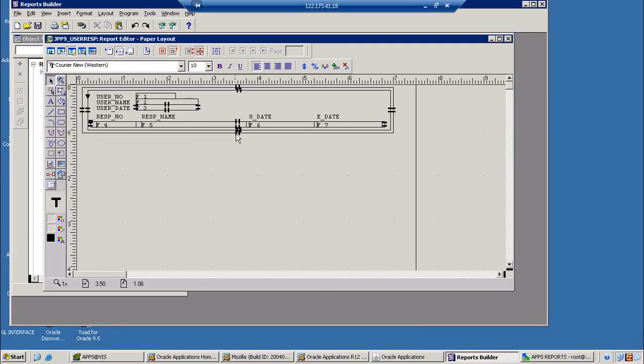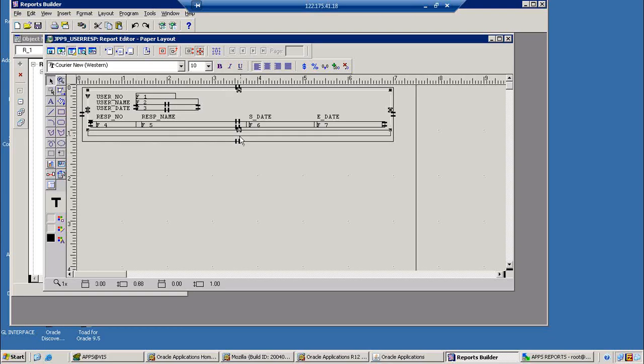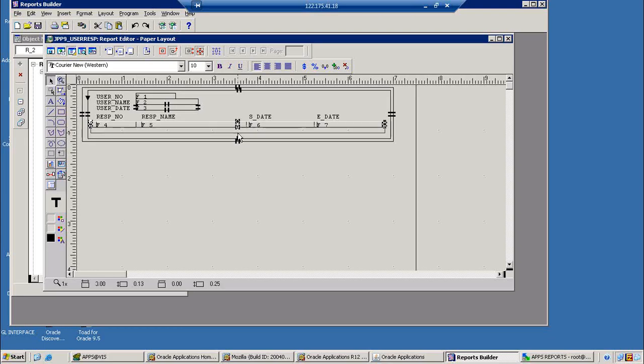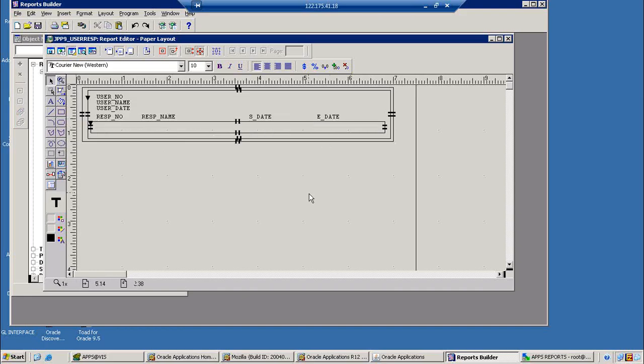Okay, let us here I am going to do something. Okay, I removed each and every field. Now we choose a new field